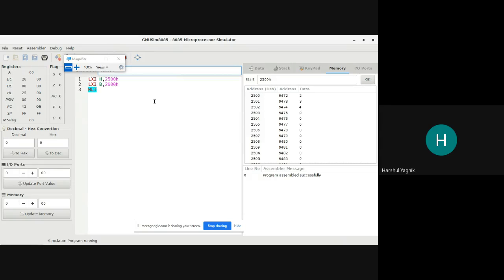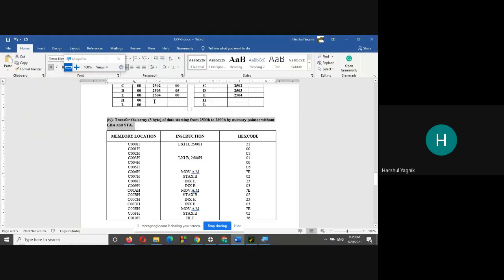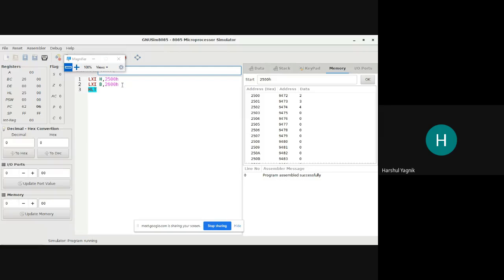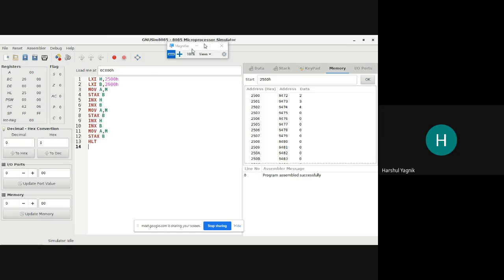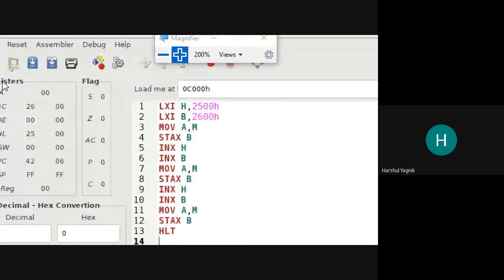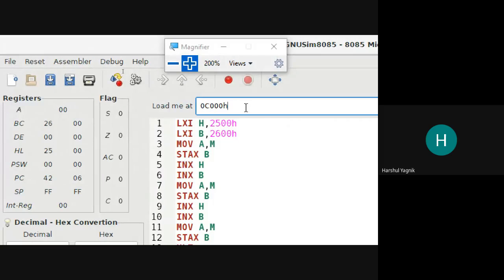And now we will be using indirect addressing. I'll take this so that I don't have to copy multiple times. LXI H will load 2500 into HL. LXI B will load 2600 to BC pair.